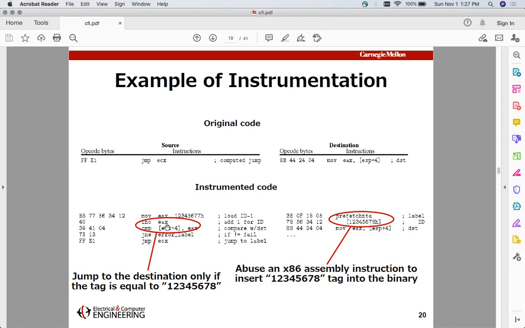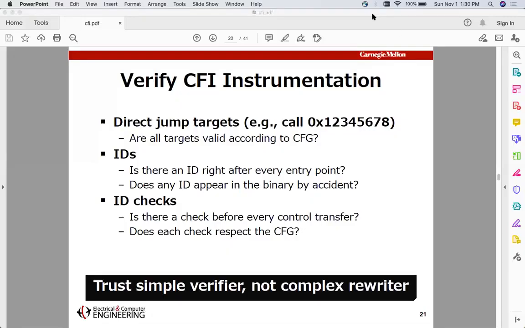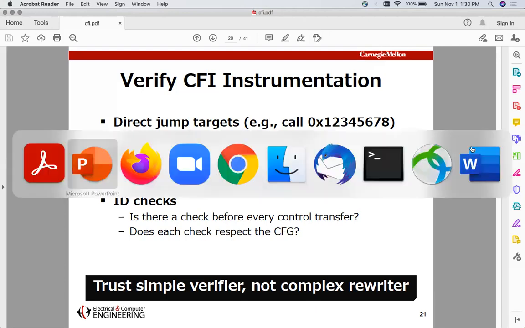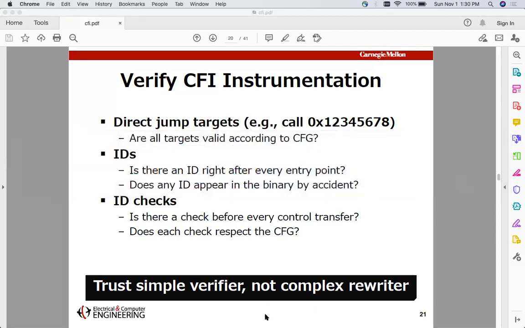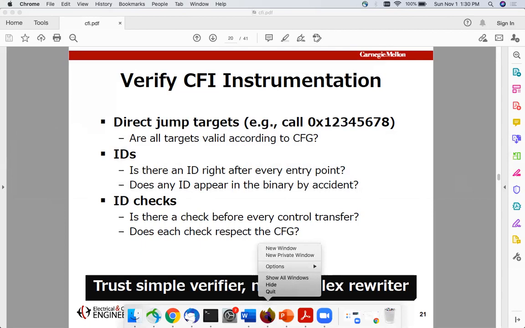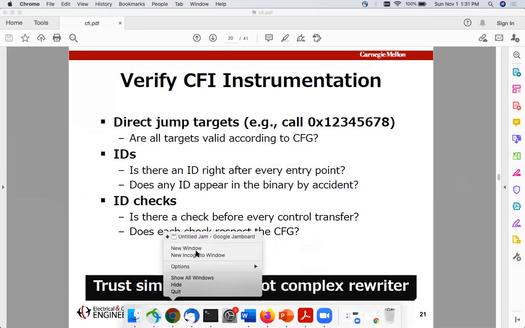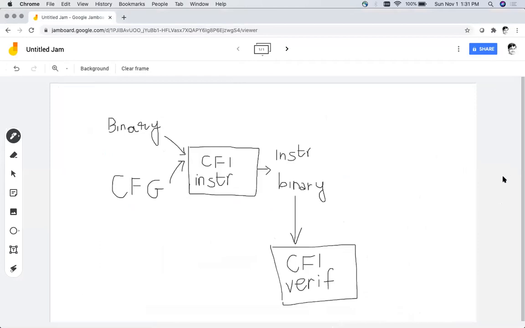So the idea behind the CFI tool is the following. Let me just show you by drawing on a Jamboard. Just a second. All right. So I drew on the Jamboard and we will see what I have to show you. All right. I hope this is visible, but the idea is that, as I was mentioning, there is a binary